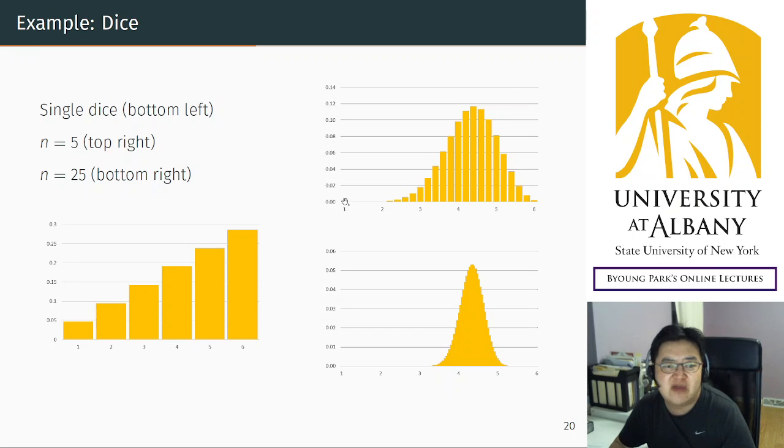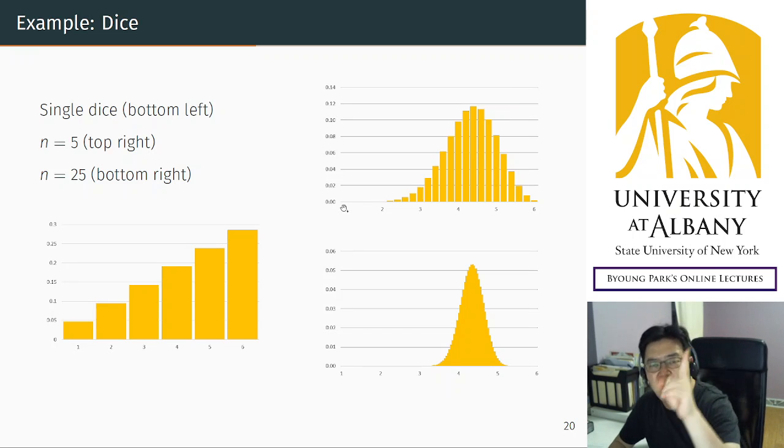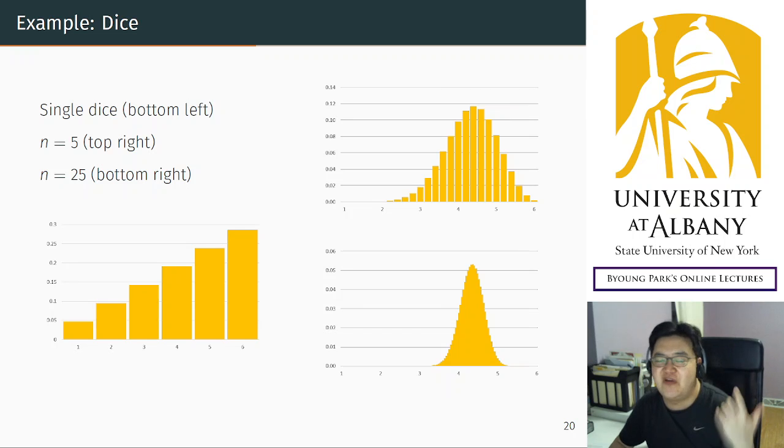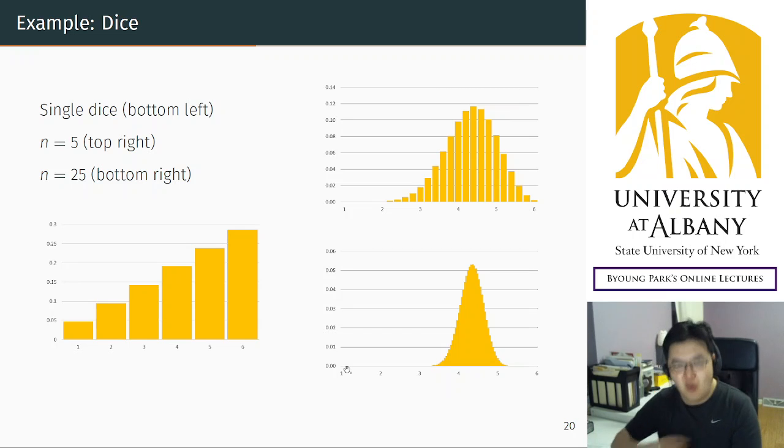To have an average of 1, all 5 dice have to be 1, which is very unlikely. And it will be even more unlikely when you increase the number of dice. So in the end, these extreme values become more and more unlikely, and all the probability will be concentrated near the center,